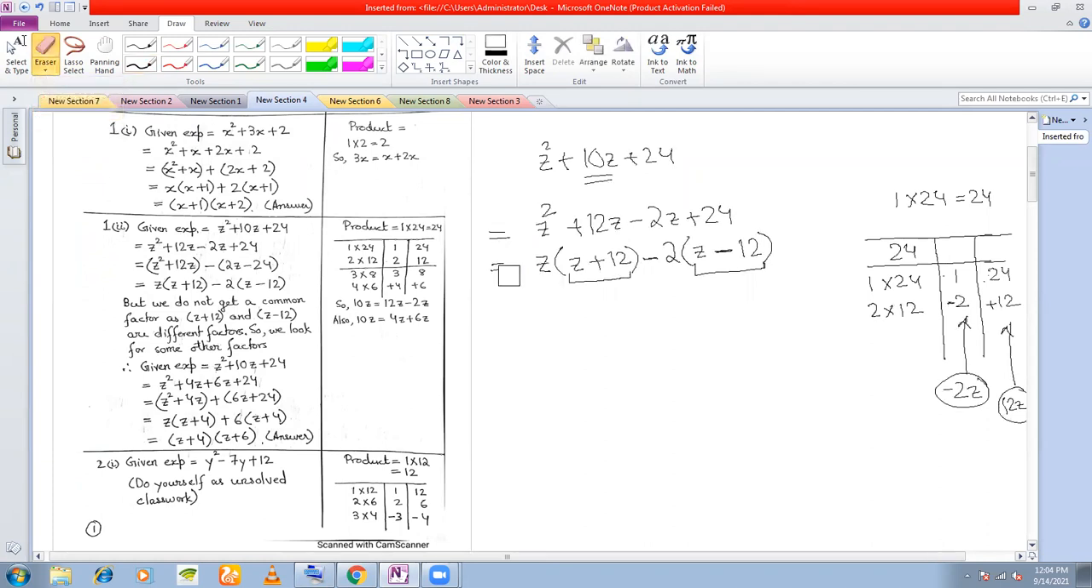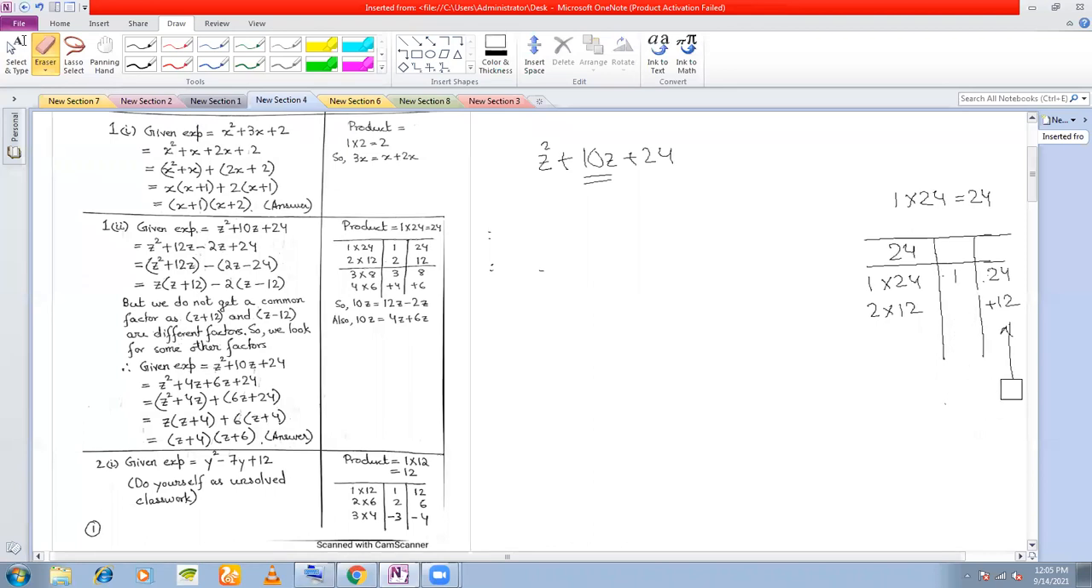Okay, so I cannot break 10z as these two. So I'll find some other factors. 2 and 12 are the factors that I found, and this did not work. What other factors? See, 12 I can divide by 2. So 1, 2, I multiply it with this, so I get 4 into